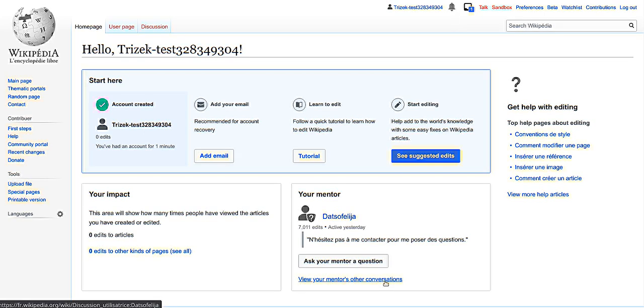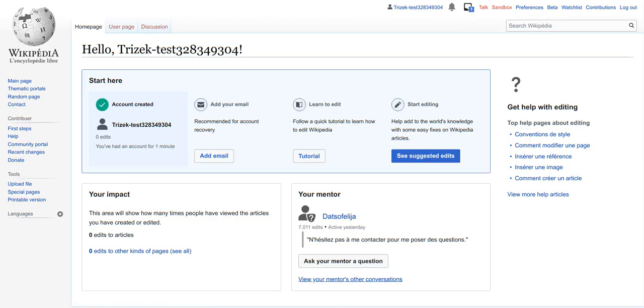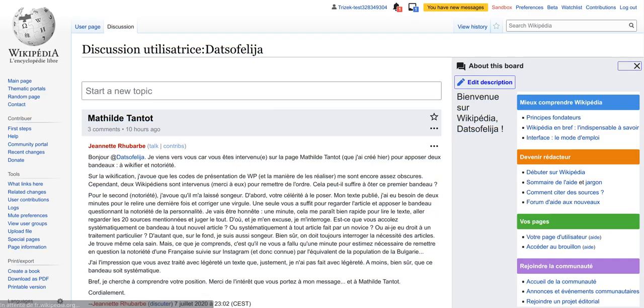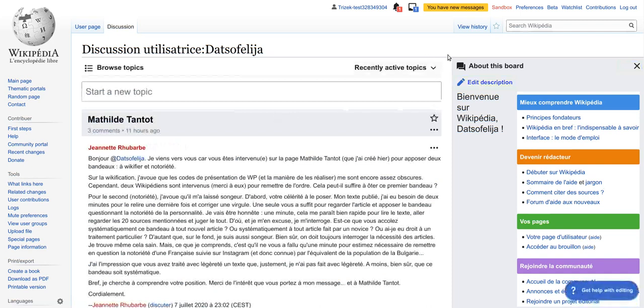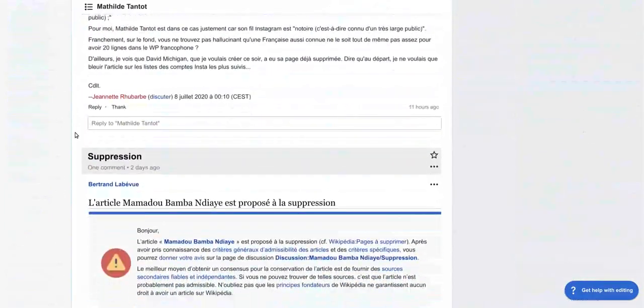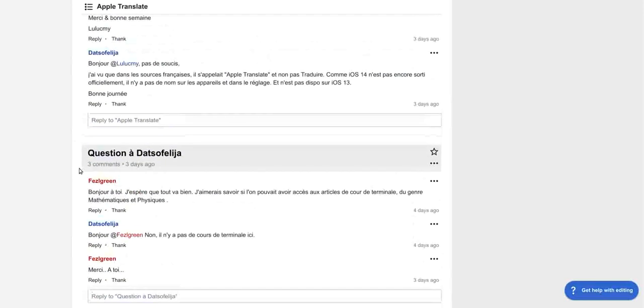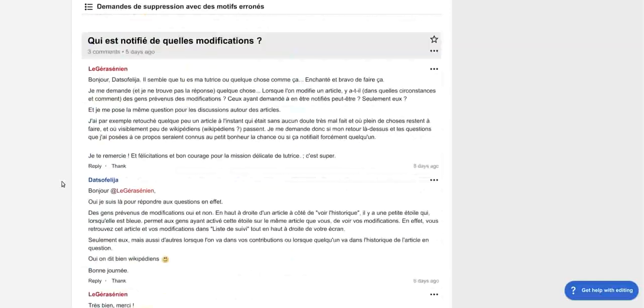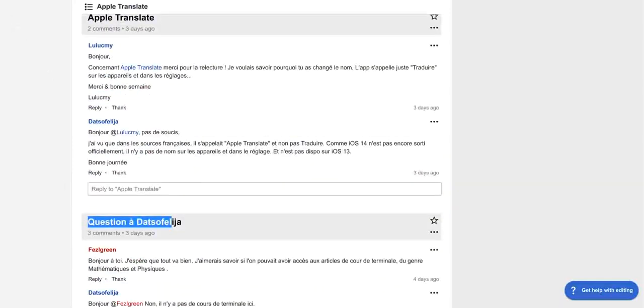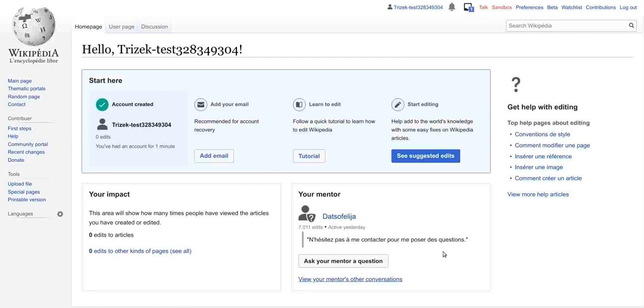So, let's have a quick overview of the mentor's question, what kind of question the mentor can have. On French Wikipedia, we have structured discussions available for some users, and then you can find the questions asked by newcomers, because they start all the same way. It's question to mentor. So, it's a good way to start a conversation, to have more people receiving questions.